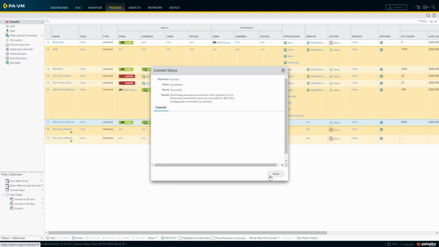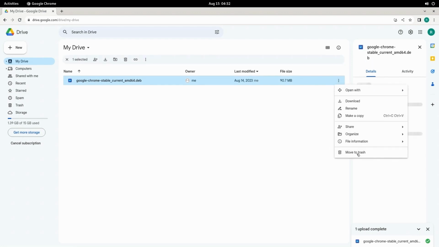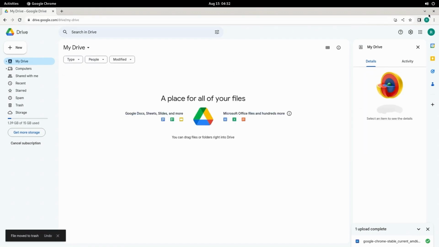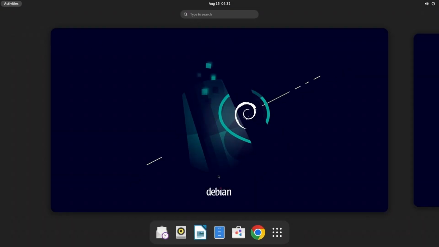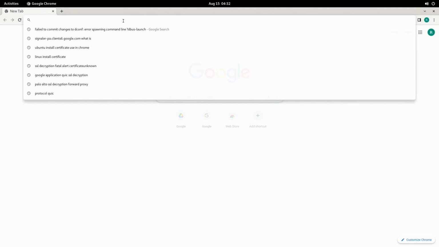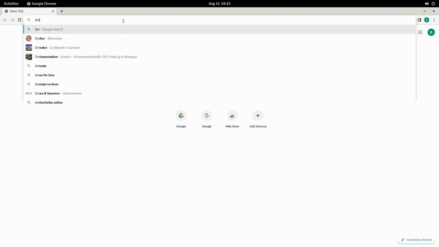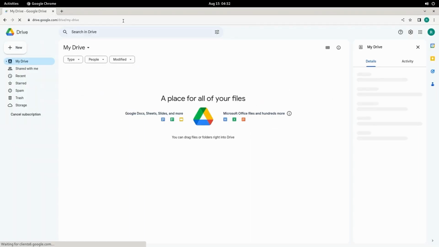Commit it through. We're going to go back now to the Linux client, and here we're going to start everything from the beginning again. So let me erase this file. Let me close this window. I'm going to open a new one. Here I'm going to type drive.google.com. So you can see that the connection still works, even though I blocked quick,